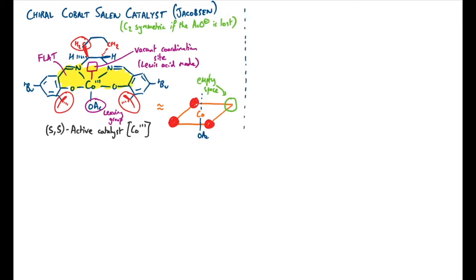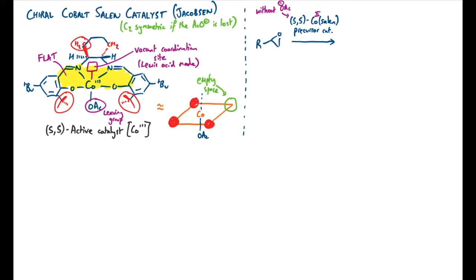So let's look at an actual reaction that you could do in a lab and how you might deal with this. We start with our racemic epoxide. And actually, the cobalt-3 oxidation state is not something we probably want to be storing. Cobalt-2 would be a much more stable thing to use. So in practice, what you tend to use is, for example, the SS cobalt-salen precursor catalyst. Now, this is just cobalt in the +2 oxidation state. The only other difference being that it doesn't have the acetate group on there anymore. The salen being a doubly charged ligand means that this is all neutral and stable, and you can just store